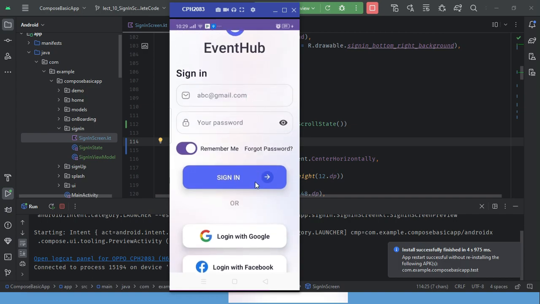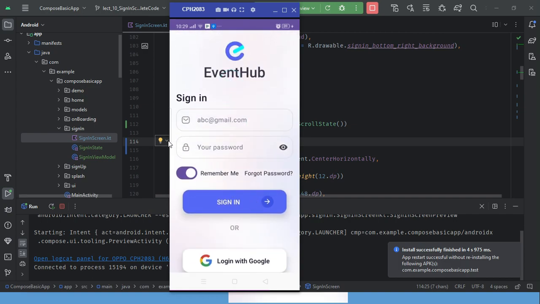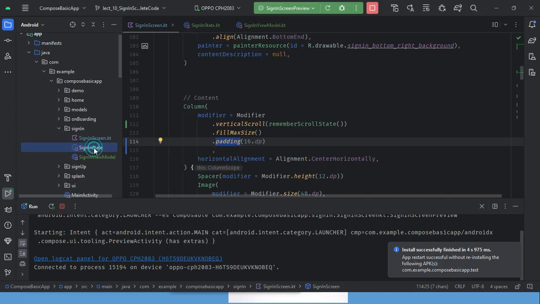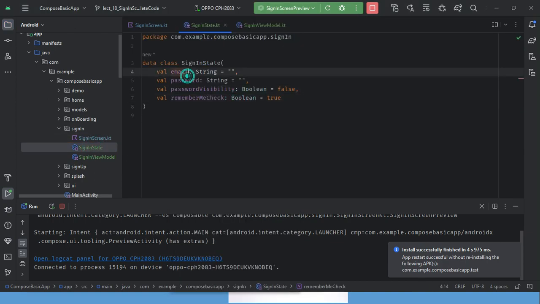So that's it for today's video. In this video we have learned how to create the view model for the SignIn screen and how to manage this data in